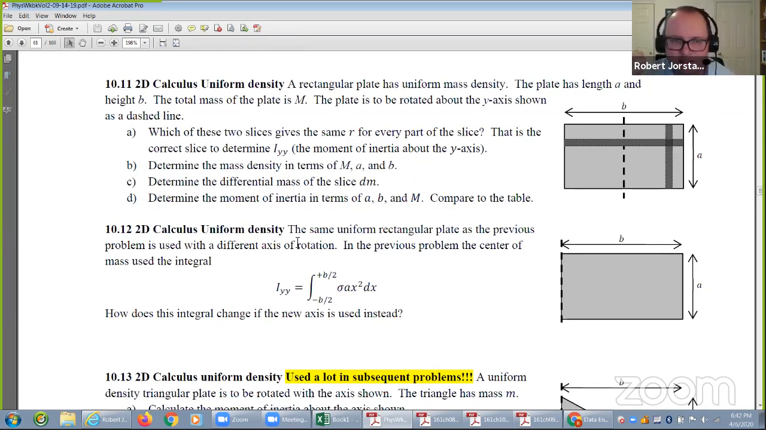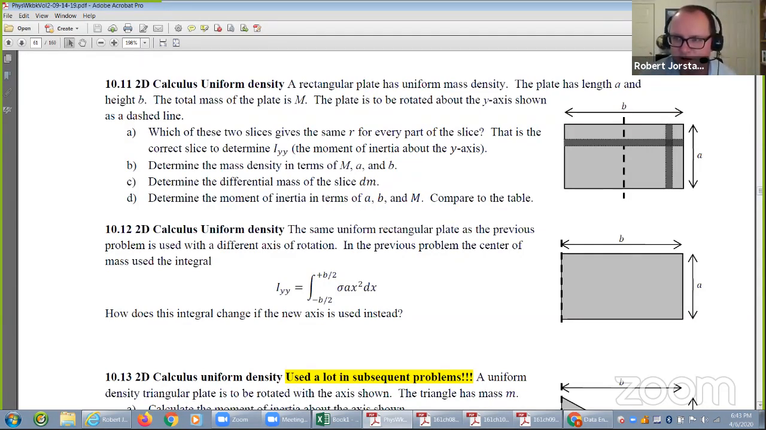Which of those slices do you want to use, the horizontal slice or the vertical slice? And remember, it says in part A, which of these two slices gives the same value of R for every part in the slice? If we're going to do center of mass integrals,